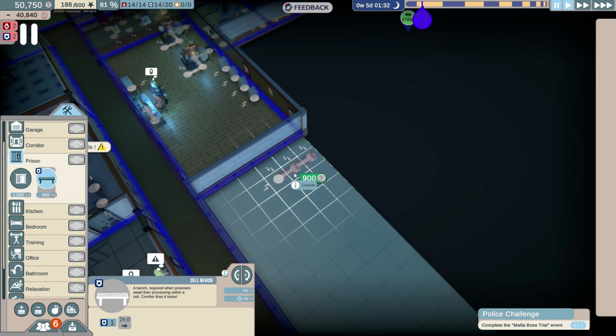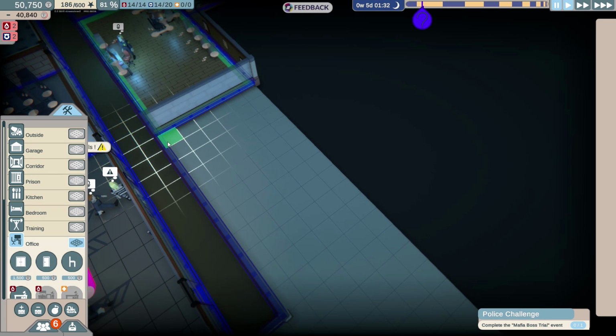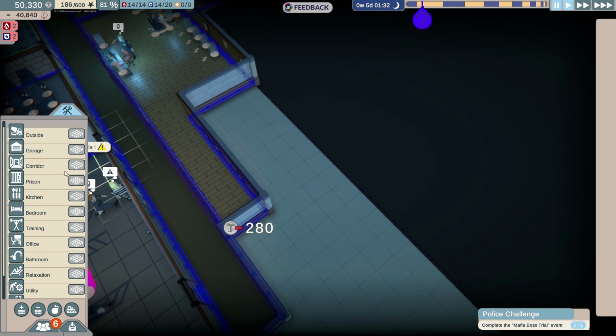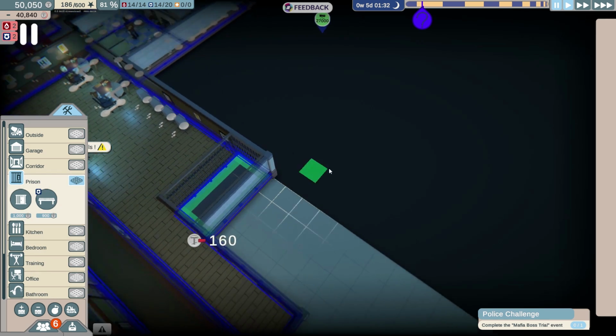So we could have the office going along like this for a bit, like that, say, for now. And then we can get ourselves a prison. And, you know, I mean, they don't have to be luxurious. It doesn't have to be...